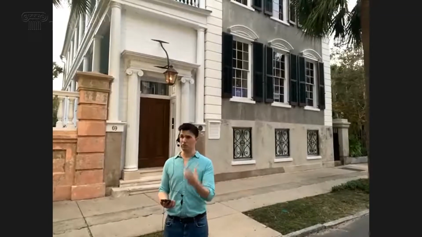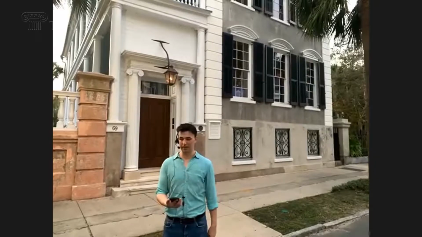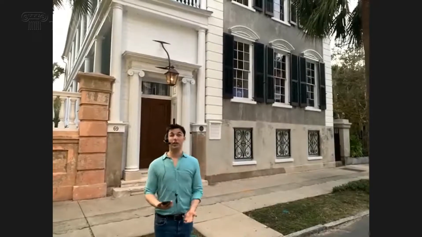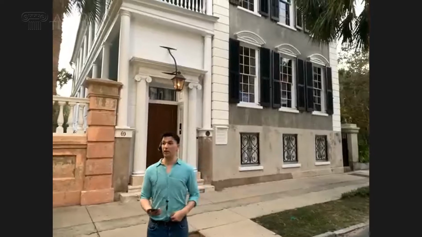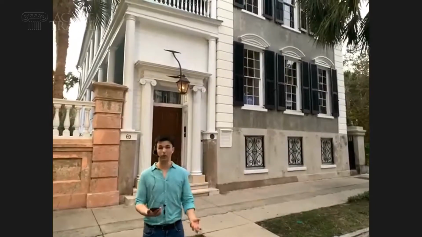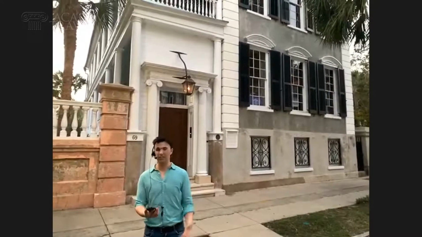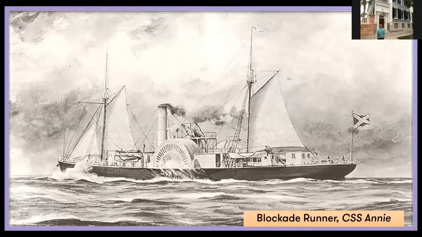Basically, they wanted the Navy to be a big, large snake that would eventually strangle the South and deny them any supplies. So Mordecai becomes a blockade runner, and they buy very fast ships that they hope will be able to outrun the Union lines. And I think on one of the slides, we have an image of a blockade runner. So Mordecai, this is a picture of one of his, the CSS Annie. It's a side-wheel steamer, so faster than the average Union gunboat.